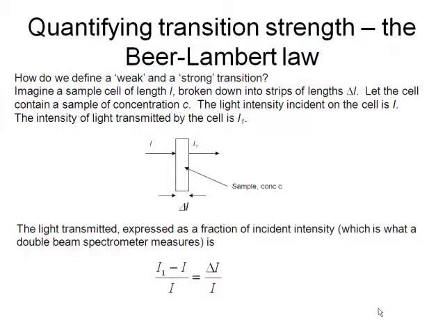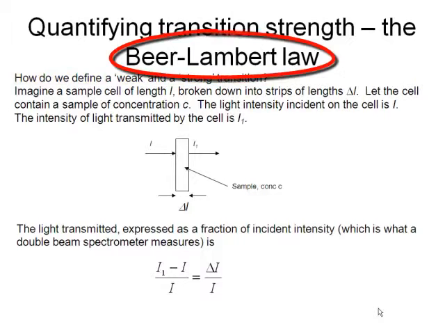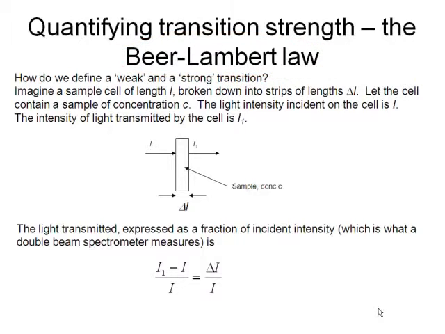So we need some way of quantitatively assessing the strength of a transition. What is the intensity of the electronic absorption? And we do that with something called the Beer-Lambert Law. We can use the Beer-Lambert Law to assess the amount of light transmitted by our sample, and then we